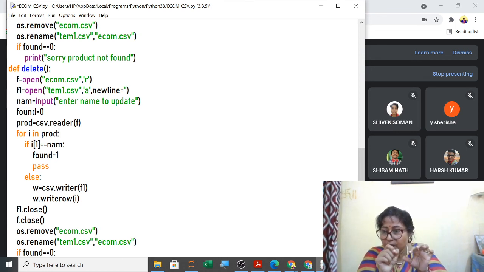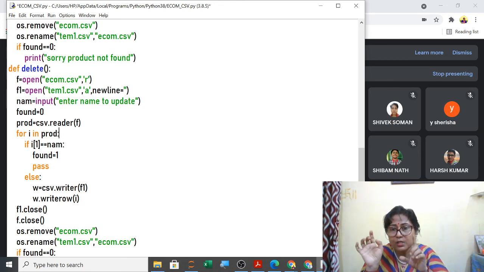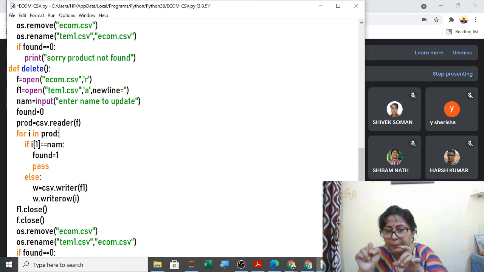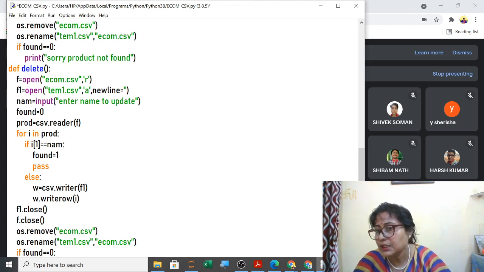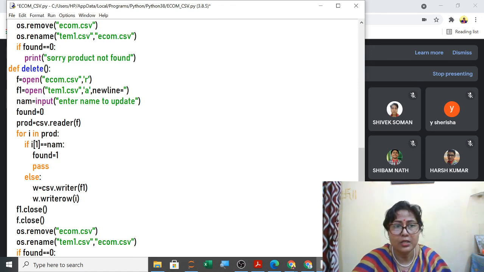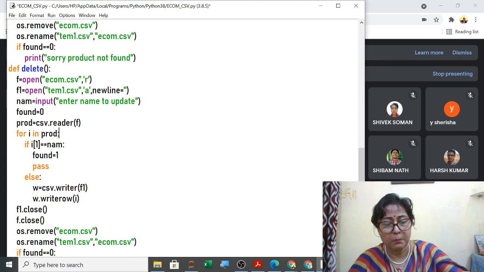So S you have taken to store the name, and then if S of 0 double equals small a or capital A, you can write small a, capital A, then you can delete. Understood? So like this you can do it. So this was your complete CSV file.